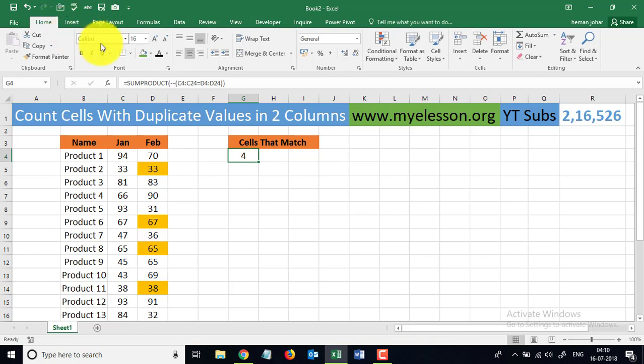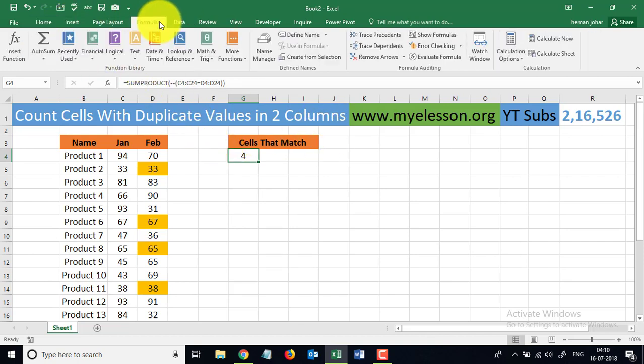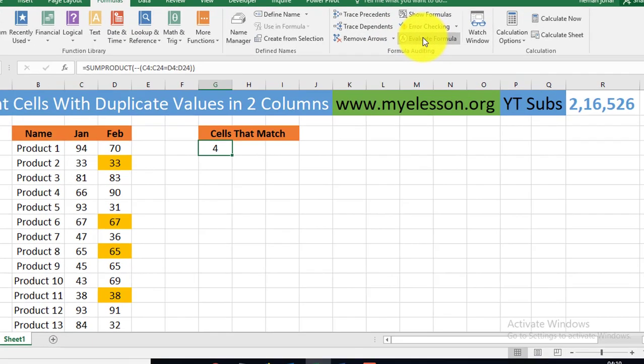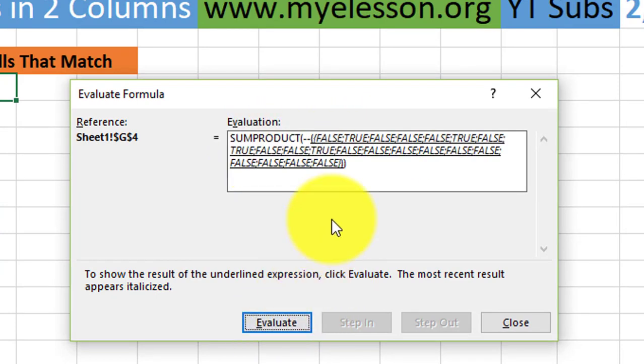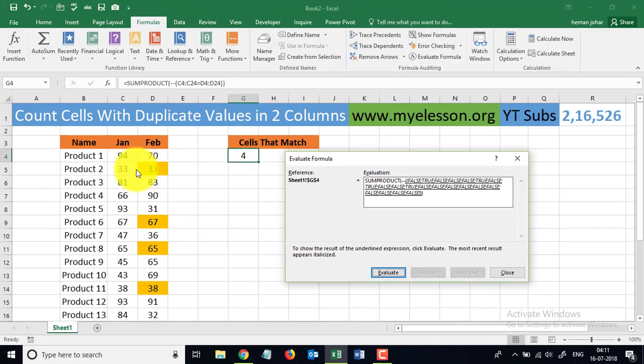Now, if I go to evaluate formula, what will happen? See, this is important for you to understand. I go to formulas, I select the cell, I go to evaluate formula, and here is my formula that I wrote, correct? I click on evaluate. Now, after the minus, wherein I had selected this range is equal to this range, this one, it says false, true, false, true, false, true, correct? Wherever it finds the values to be same across two cells,